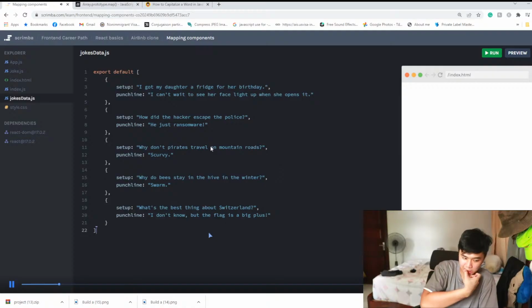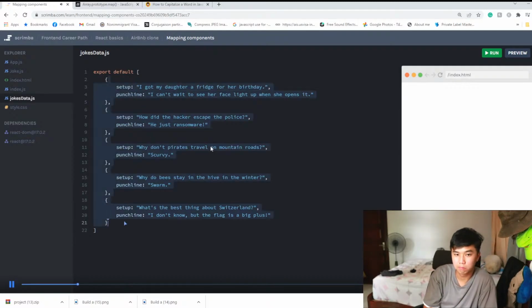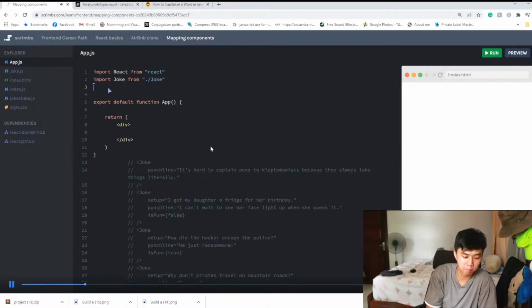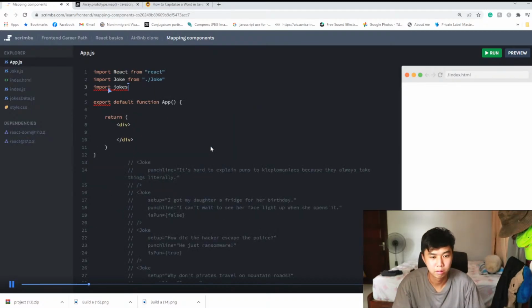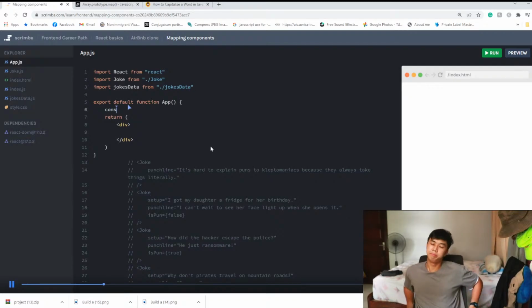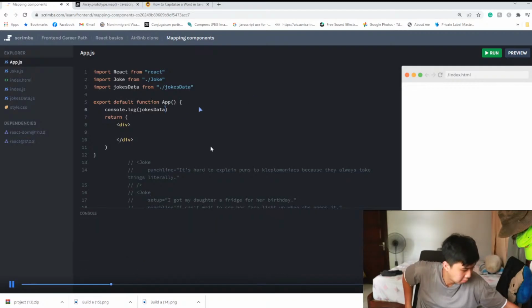Now, we're not quite ready to make API calls and then make use of the data that comes back. So I'm going to be kind of mimicking that with this jokes.js file that's exporting an array of these joke objects. Over in our app.js, I'm going to import the jokes, I'll say jokesData, from that file. And we can see that if I console log jokesData, I should get the array of